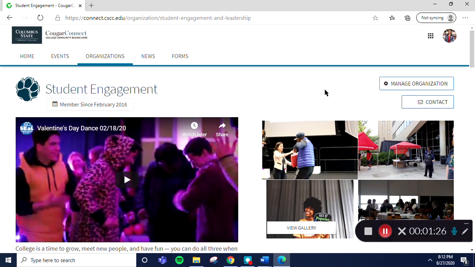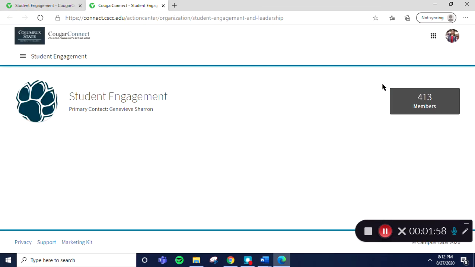To enter the Edit view, you'll select the rectangular Manage Organization button on the upper right-hand side of the page. Only CougarConnect users with admin rights to a page will have access to this Manage Organization button, and they will only have access to this button on the specific pages that they manage. If you don't have access to the Manage Organization button and you think you should, please contact seal@cscc.edu and we will work with you to remedy that. So now we will select the Manage Organization button and it will take us to the Edit view of the